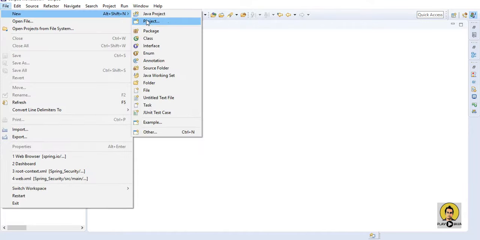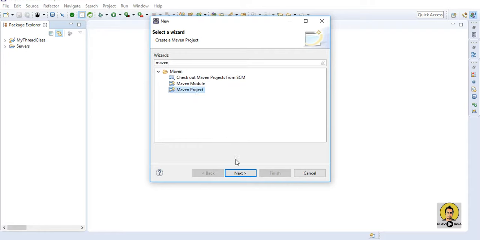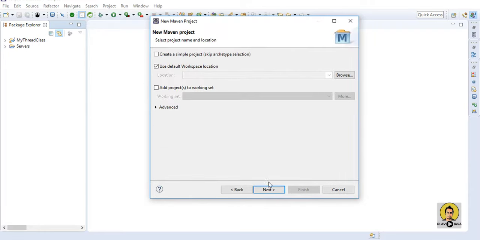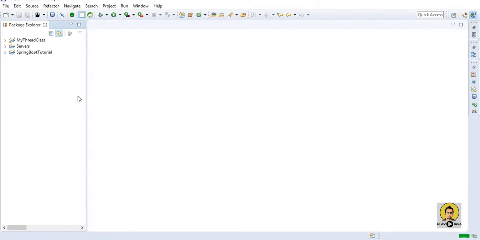Now go to File and search for Maven project. See this one, and go to the next, and provide the artifact ID, name it Spring Boot tutorial. Click on finish. We will have the same Spring Boot tutorial here. Go to the pom.xml file